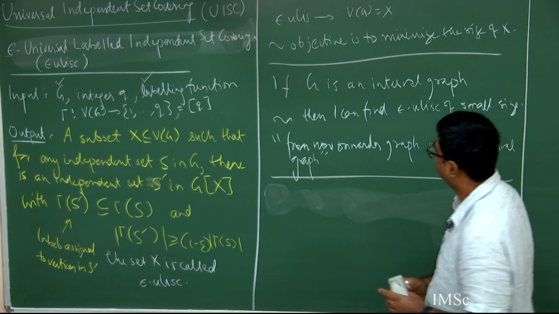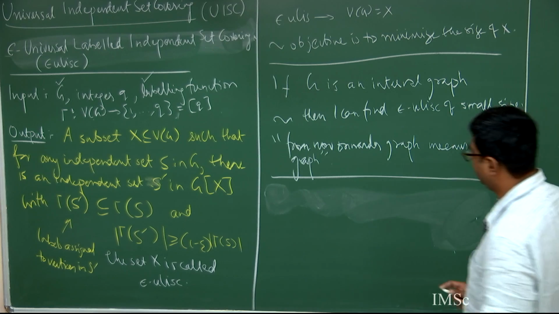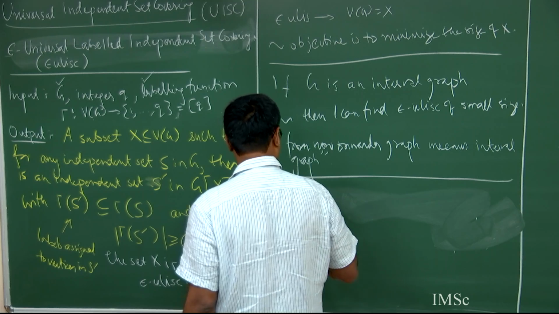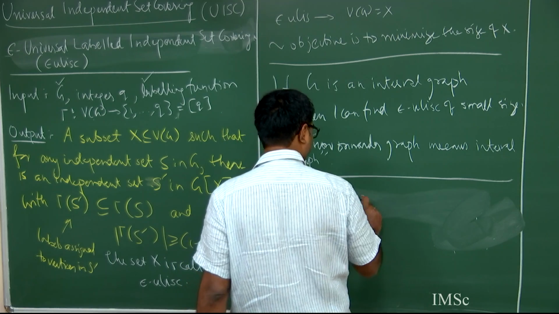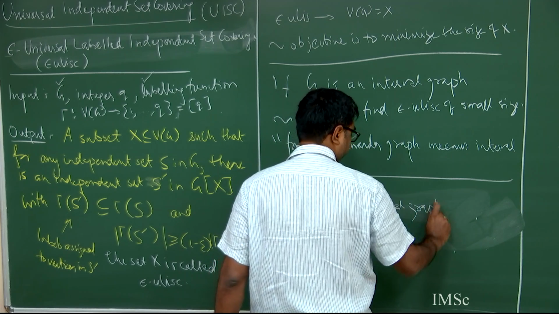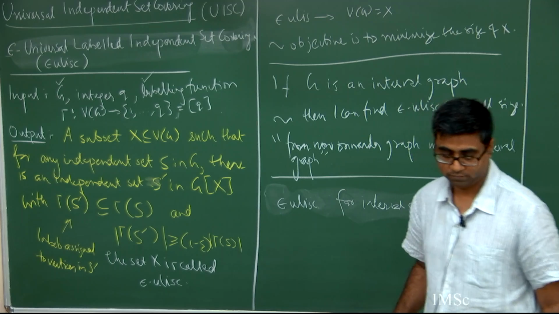So what I am going to construct is an epsilon Eulisk for interval graphs of size roughly